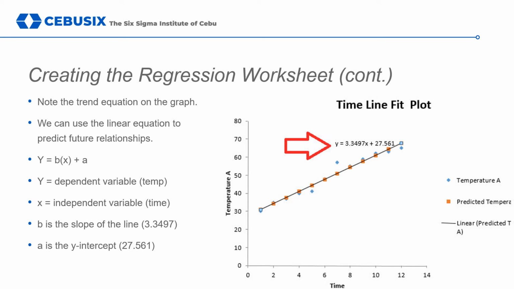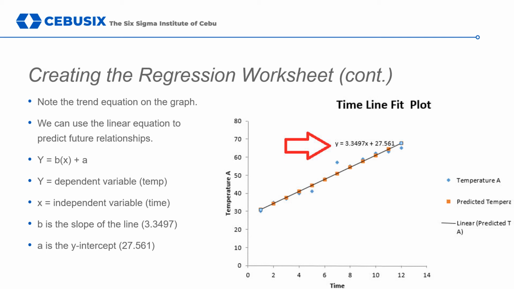This is calculated using the formula shown and by replacing the x variable with the time you will want to calculate for. So, if we replace x with 5, then we get 3.3497 times 5 is 16.7485 plus 27.56 is